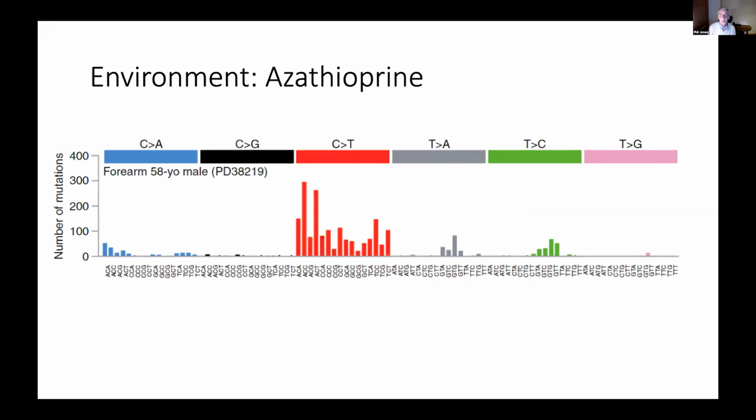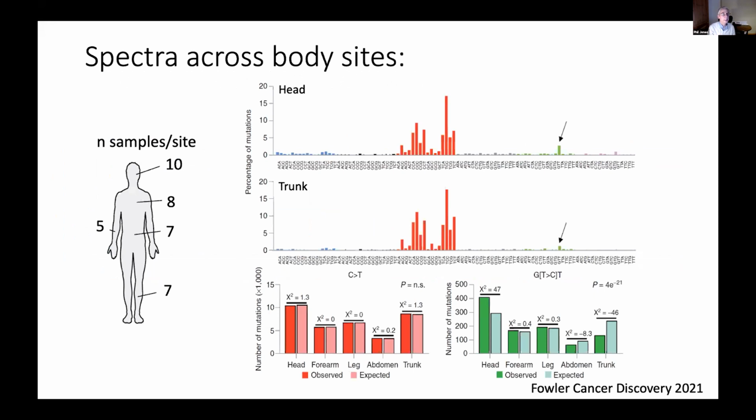We've also looked across the body, and the reason we looked across the body is that there's a much higher incidence of keratinocyte cancers in sites commonly exposed to the sun, like the face, compared with other sites like the abdomen, where sun exposure is rare. And we see very nicely differences in mutational signature across the body. So you've got 7D in the face, and you don't find that in, say, truncal skin. And this is arguing there are differences in either damage and/or repair in a site-specific way in human skin.